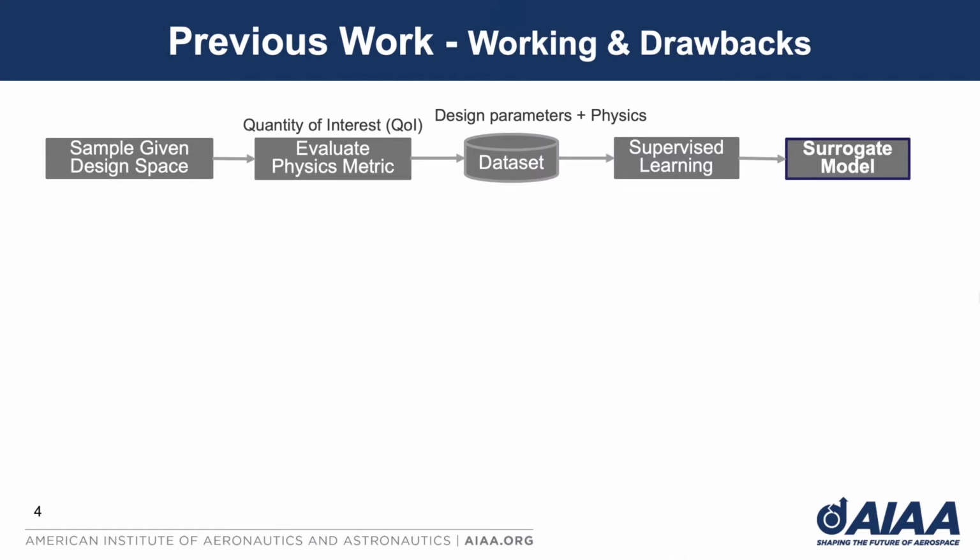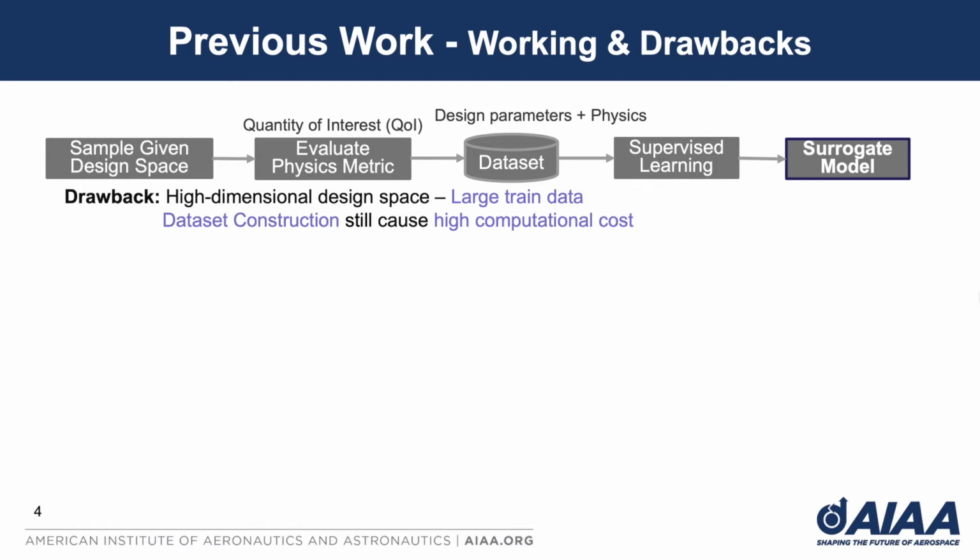A typical process to build such a model starts with the sampling of the design space, which along with their physics creates a training dataset. This dataset is then fed to supervised learning techniques to construct the surrogate model. Complex engineering design problems with high dimensionality require a large training dataset. The construction of such datasets again causes the whole process to suffer from computational complexities, as it requires running numerous